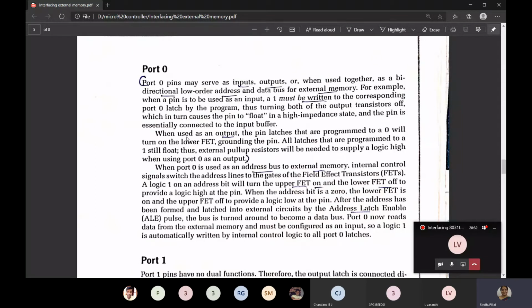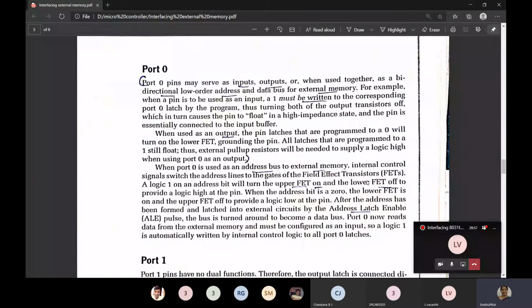When port 0 is used as an output, the pin latches that are programmed to 0 will turn on the lower FET, with this FET grounding the circuit, I'll show at the end. When port 0 is used as an address bus to external memory, internal control signals switch the address lines to the gates of the field effect transistors. How the gates are connected, you can write by seeing that figure.